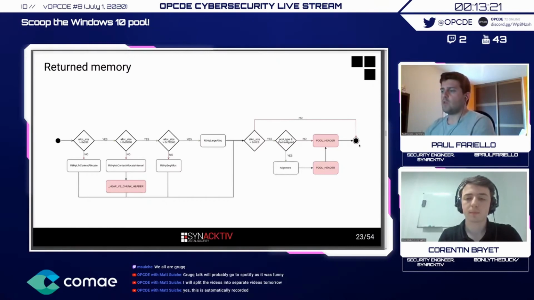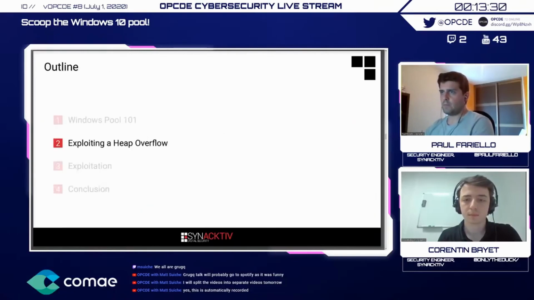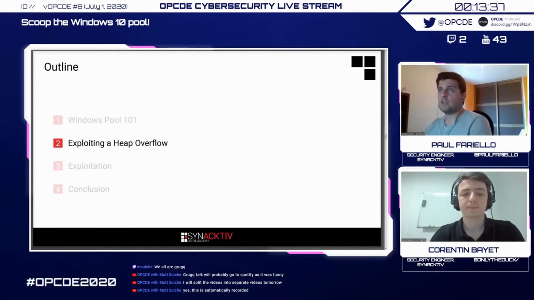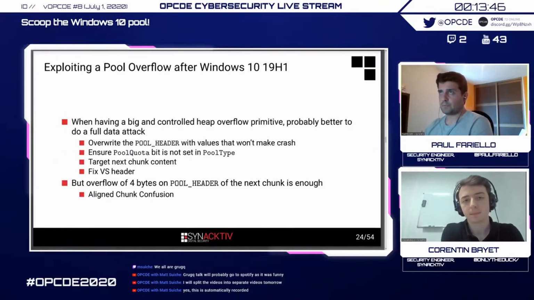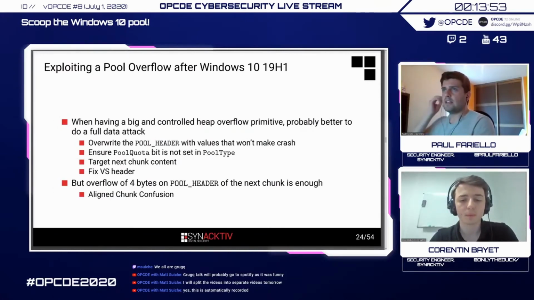So we have seen that when you have a heap overflow, you might have some interesting data to overflow, but it depends on where you are and what you are overflowing. So now the question is, how can we exploit a heap overflow from this kind of inner working of the pool allocator and from this kind of memory layout? So it was the main question we had when we started this research, and the main takeaway is that if you have a big overflow with controlled data, it's probably better to do a full data attack because you can overwrite the pool header that is present in front of